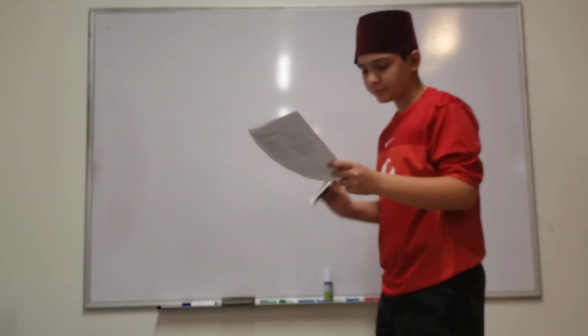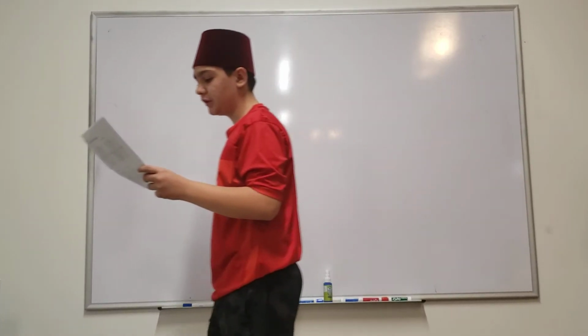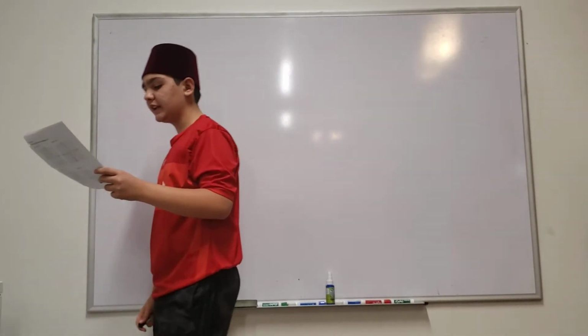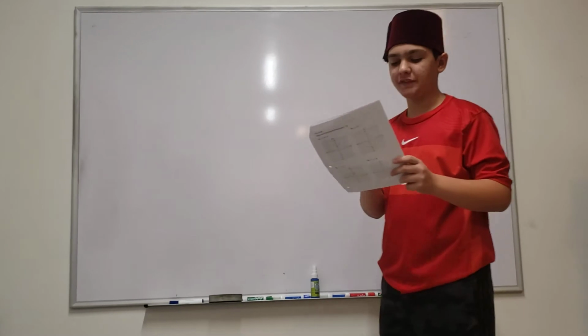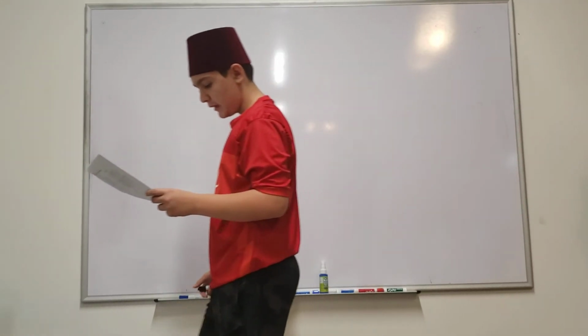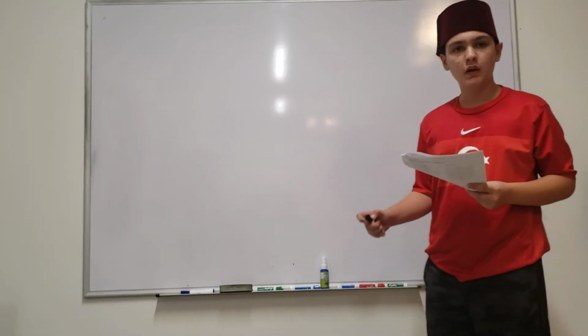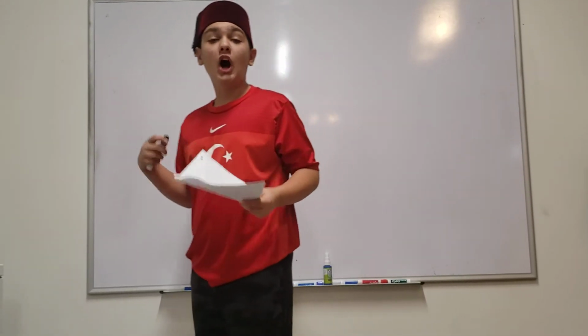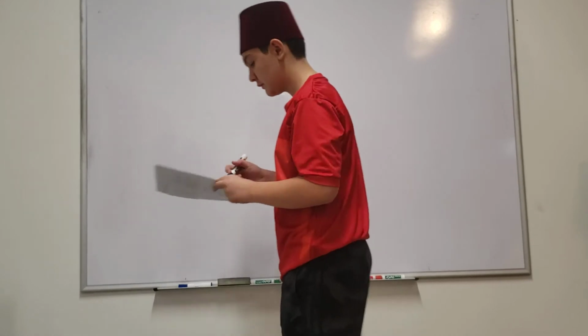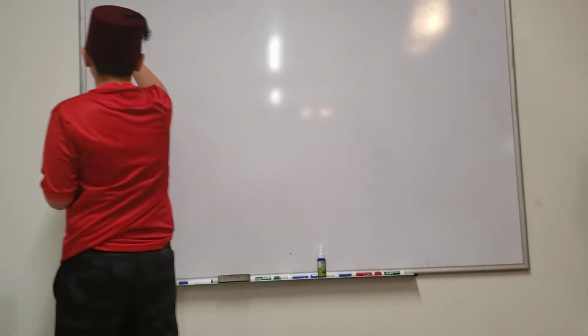Next problem set. Write an equation of the line that passes through the given point and is perpendicular to the graph of the given equation. So what we're going to do here is find the slope of our equation and find the opposite reciprocal of it. Alright? So for number 13,